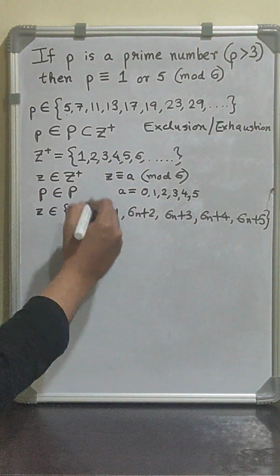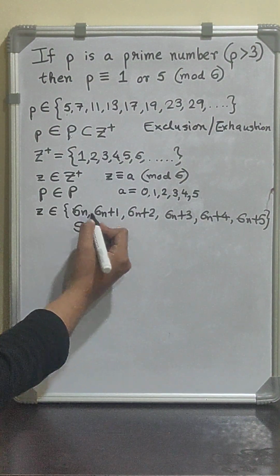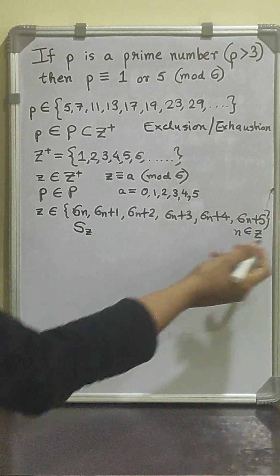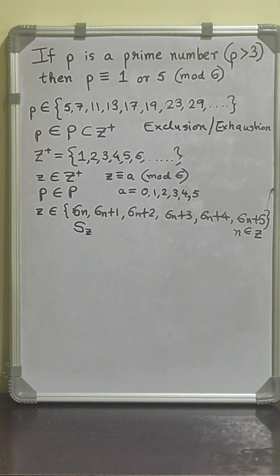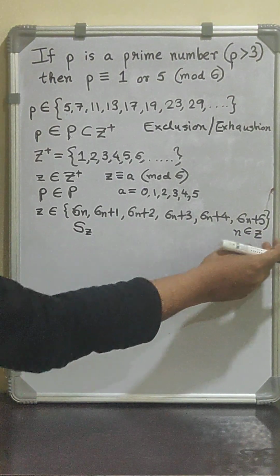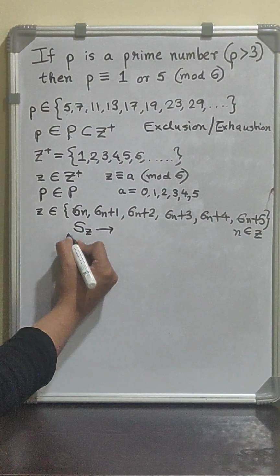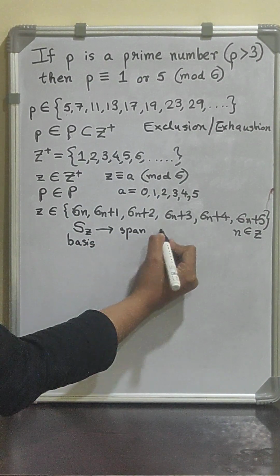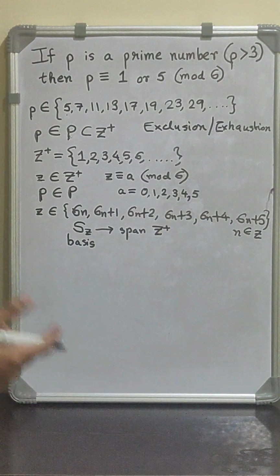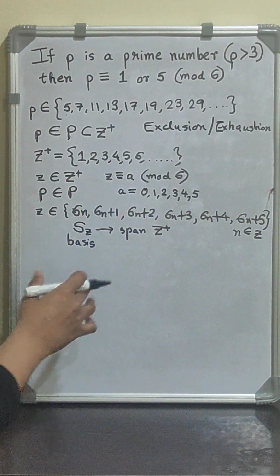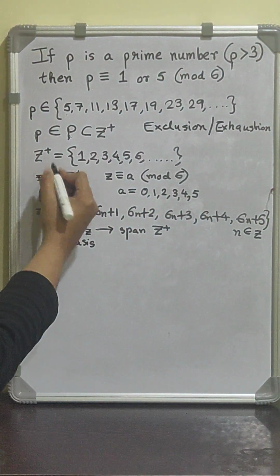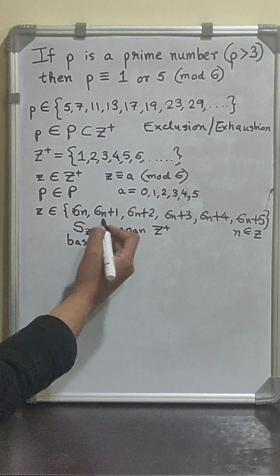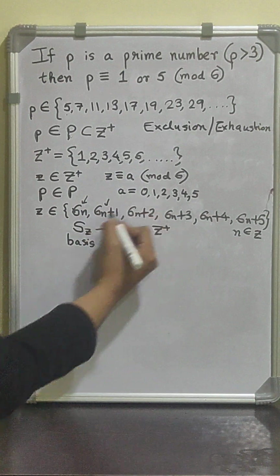Now it's very important to note that S6, since it is general, n is just an integer. So if I choose certain values of z, then this S6 set can form a basis to span Z plus. What I mean by this, this might be a bit confusing, for every element that I can pick from Z plus, that is every positive integer, can be spanned by any one element of S6,